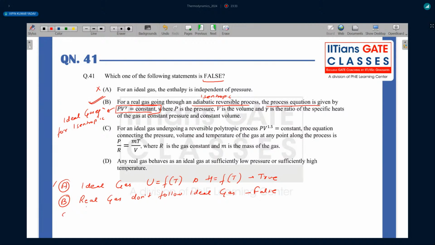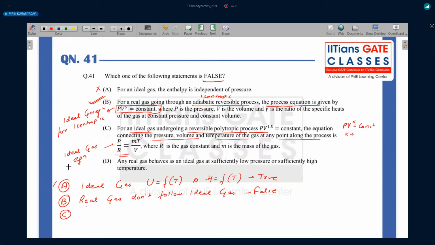Okay, let us move on to option C. For an ideal gas undergoing a reversible polytropic process, ideal gas is there first of all, and polytropic process is there. PV^1.5 equals constant. So we know PV^n equals constant, where n is the polytropic index. It is an ideal gas equation for polytropic process. Now the equation connecting the pressure, volume, and temperature of the gas at any point along the process is this. So this is my generalized ideal gas equation,